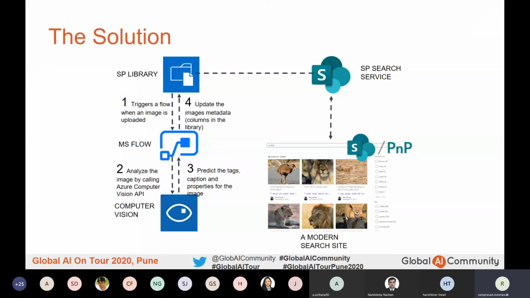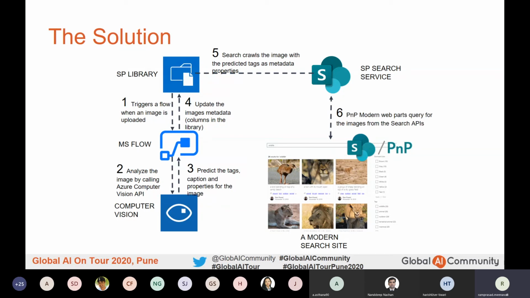So within this first part, I think it's covered how we use computer vision and how the data is updated back to my SharePoint image. Once it is ready, this is again a standard SharePoint concept. We have the SharePoint search service, which is a powerful feature where you can search for different content within your library. It crawls the images along with their metadata and prepares the index.